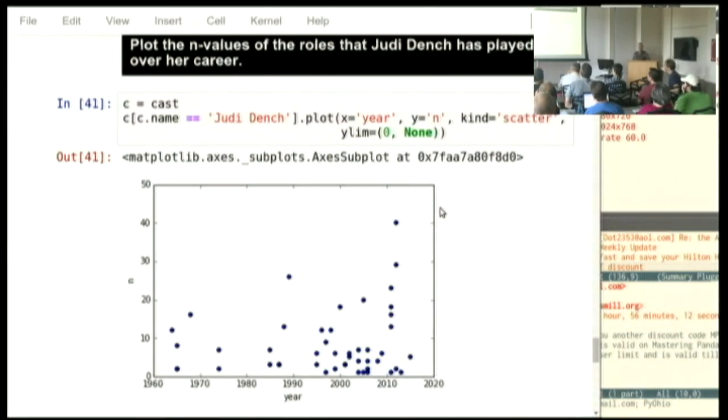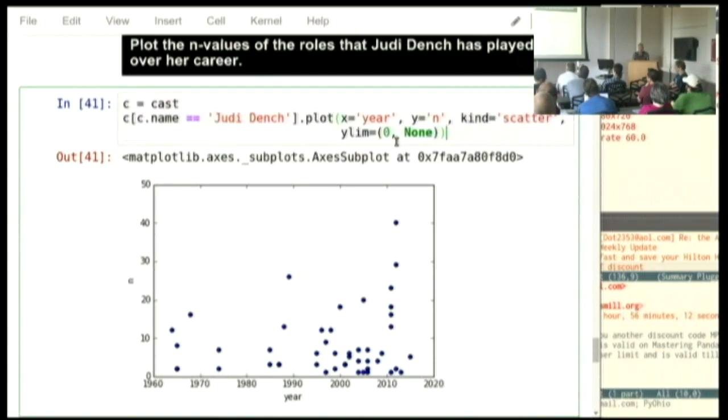So we see here that she began, I believe she began on the stage and in British television and only was doing occasional movies. We can see the number of movies per year has really picked up into the 1990s and the 2000s. And we can see that the variety of roles has really expanded over time. She's gone from playing bit parts, whose in value is down in the 30s and 40s, up to quite a number of leading roles, but also secondary roles.